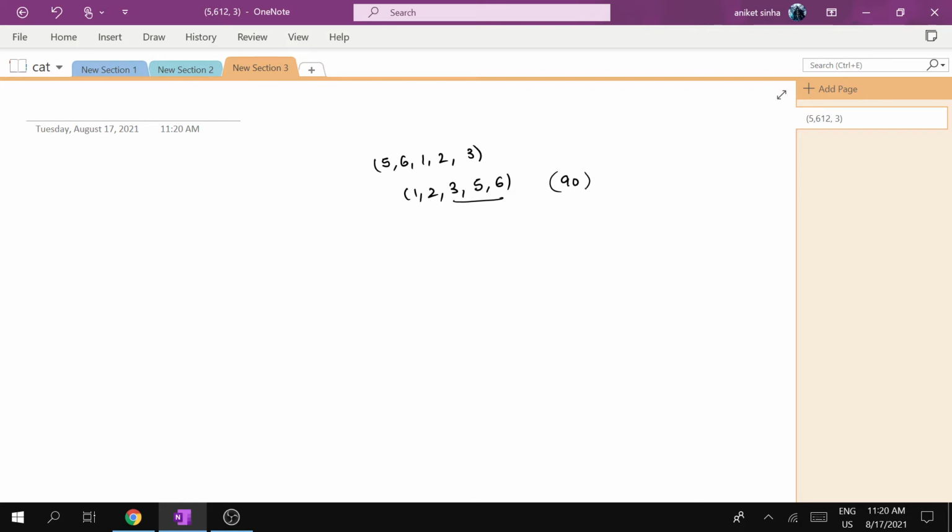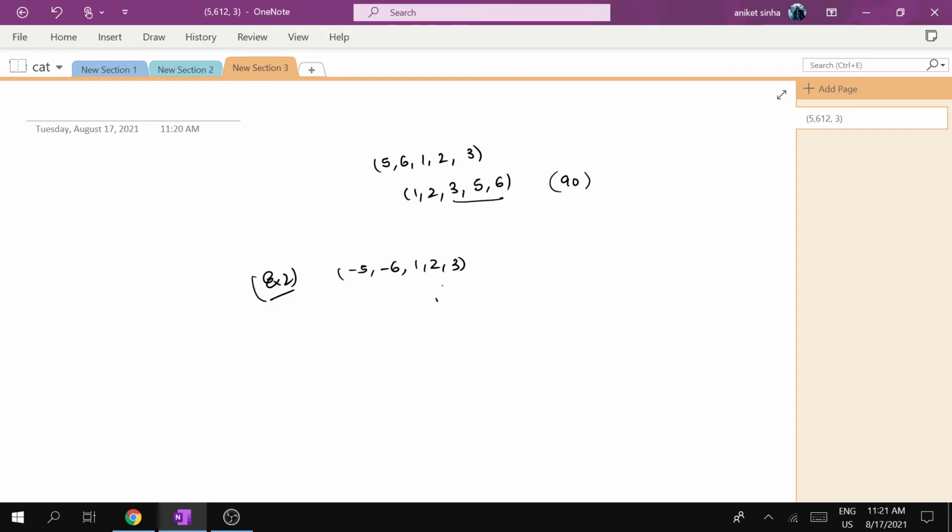But when we have negative numbers, we have to take care of a corner case. Now the case is that when we multiply any two negative numbers, we get a positive number. Hence, we can approach another case, right? Here we have minus 5, minus 6, and we have 1, 2, 3. Now this is example 2, and in this example,